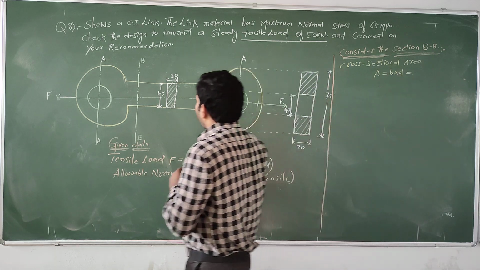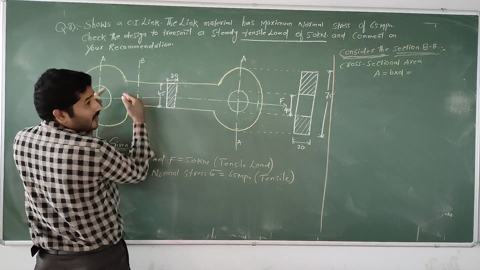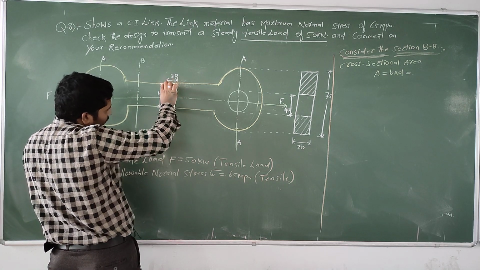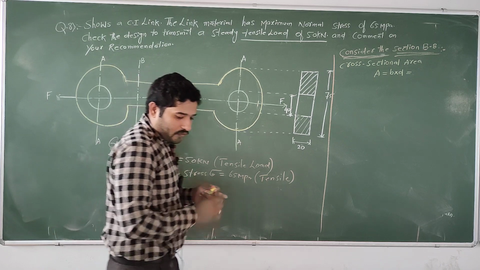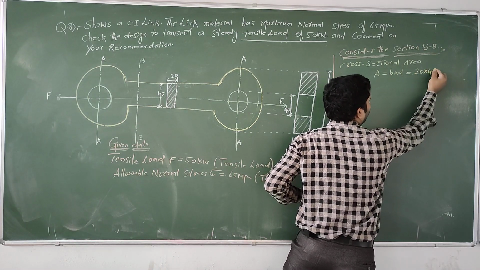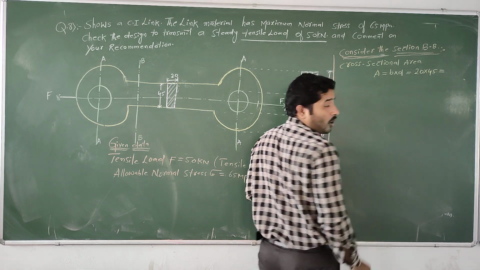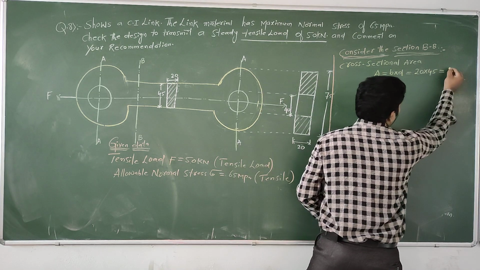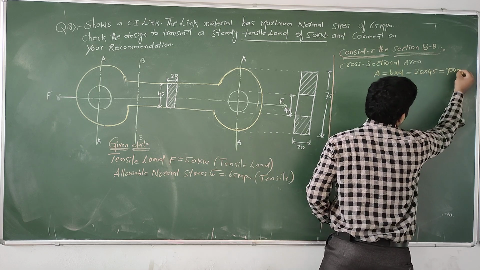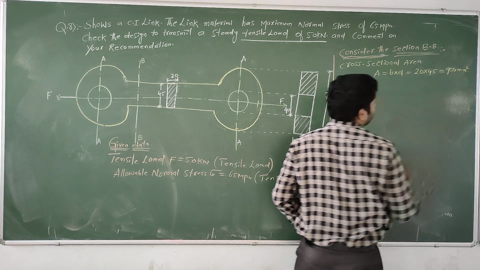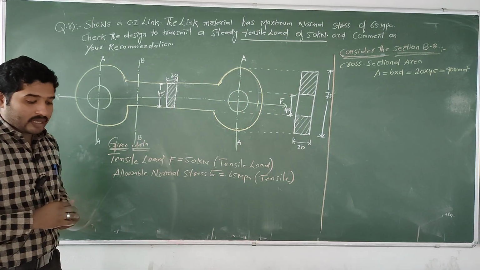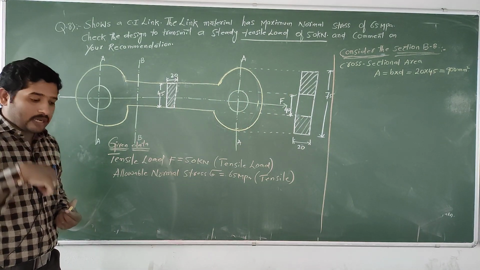The breadth of the B section, because we are talking about the B section, is given as 20, and depth is given as 45. Okay, 20 into 45, how much should it be? It should be equal to 900 mm square. Again, what we need to find out? We need to find out how much stress is induced.